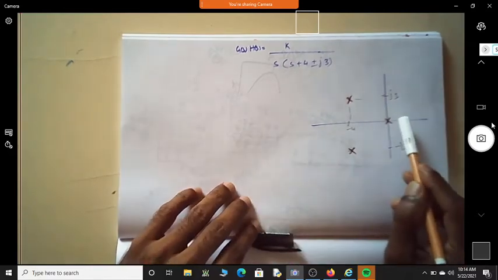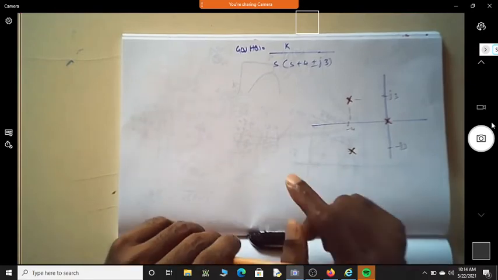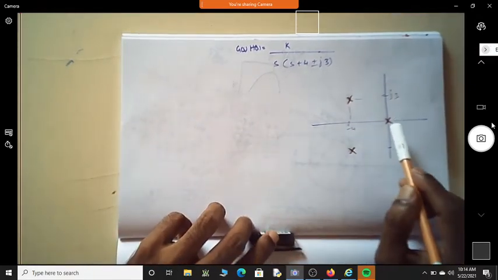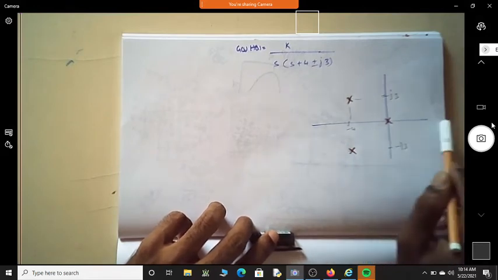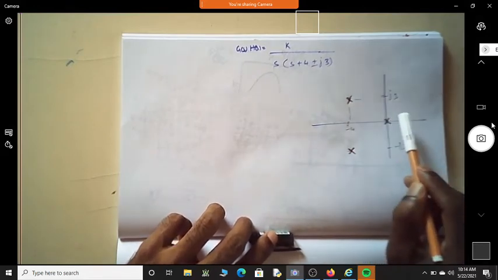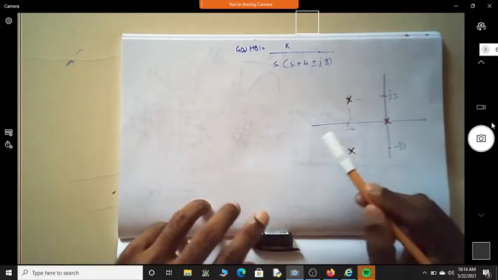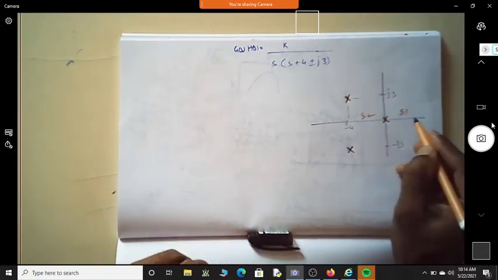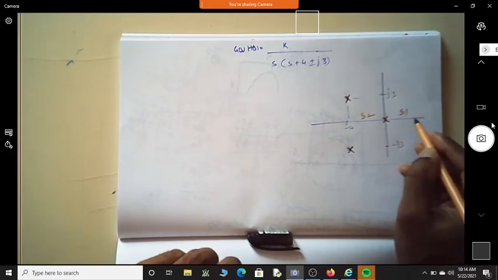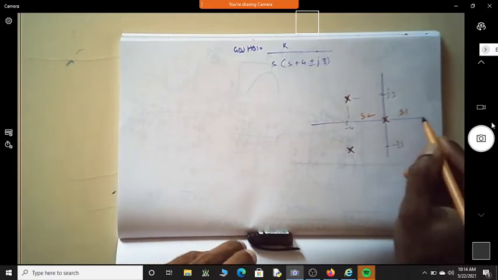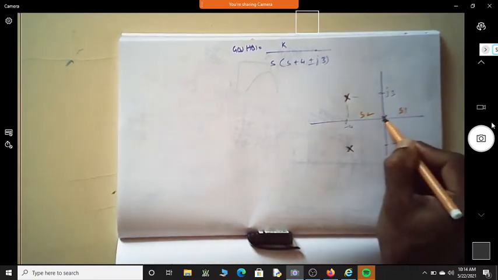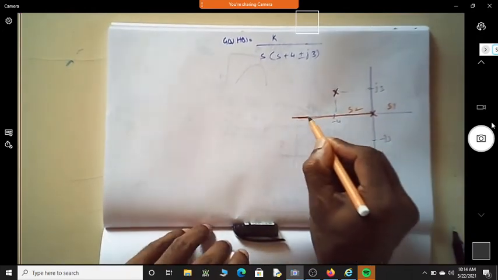See here, you have only 2 segments. As we know, we need to divide the real axis into a number of segments depending on the poles and zeros on the real axis. You have only 1 pole on the real axis, so you'll end up with segment 1 and segment 2. Correct? There are only 2 segments. Is segment 1 a part of the root locus? Segment 1, no. Segment 2, yes. So you just make sure that you darken this.